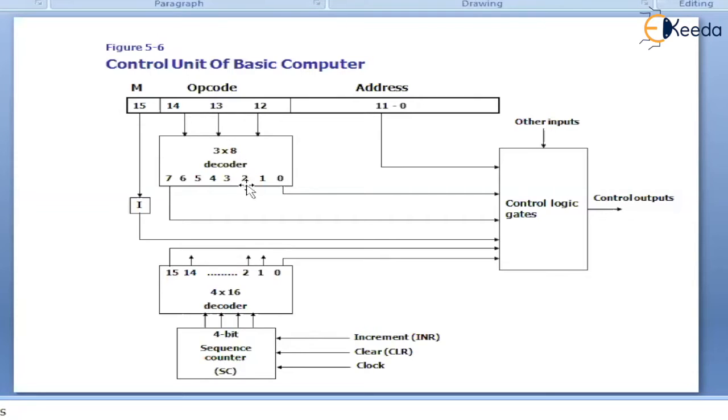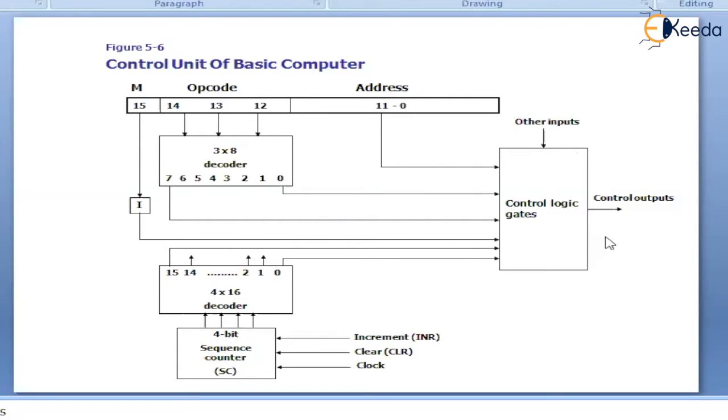There will be outputs from the decoder, the 0th output to the 7th output, because a 3x8 decoder receives 3 inputs and has 8 outputs, one of which will get enabled. Now, the decoding of the instruction part is over. All these will get connected to my control unit.